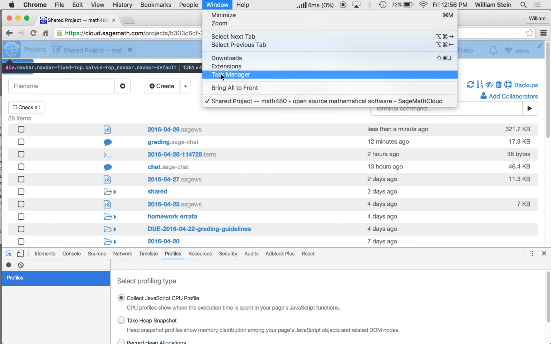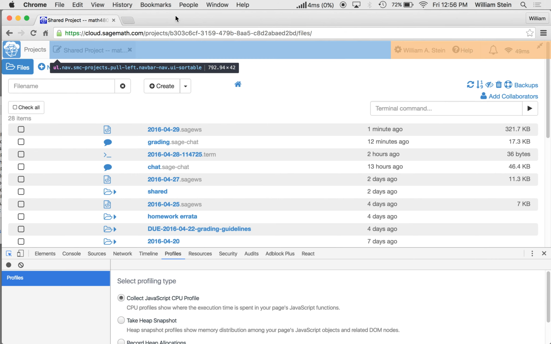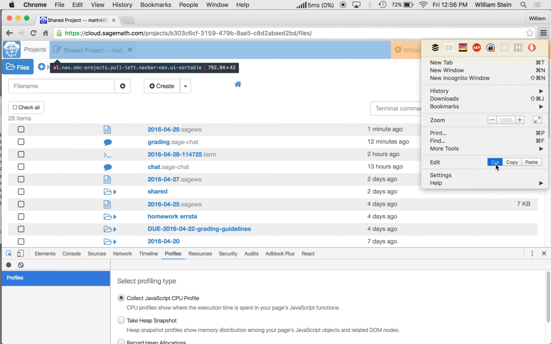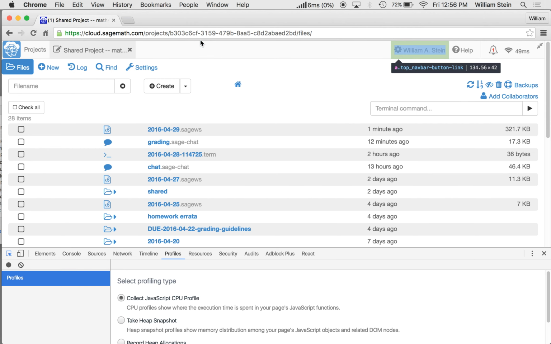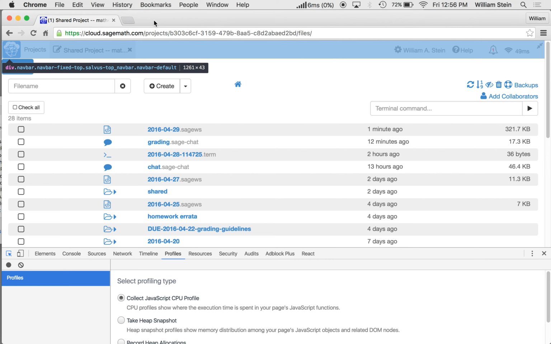I would always try to kill stuff in the general process manager. Yeah, you have a question? Like the taskbar for your computer as a whole, on the top when you go to Window. Yeah. No, on a Mac, yeah. This is not for the computer as a whole. This is specific to Chrome. So on a PC, you might find a menu over here. It's in your normal menu. This is part of the Chrome menu bar. It's nothing to do with OS X. It's purely a Chrome thing. You'll have exactly this task manager on Chrome OS or Windows or anything else. And it only shows you information about specific